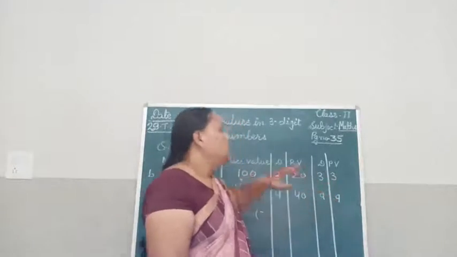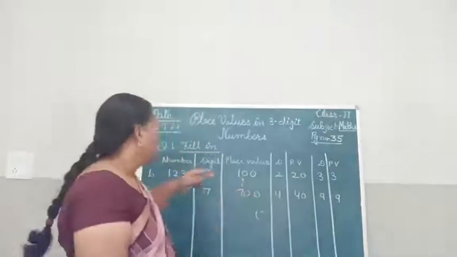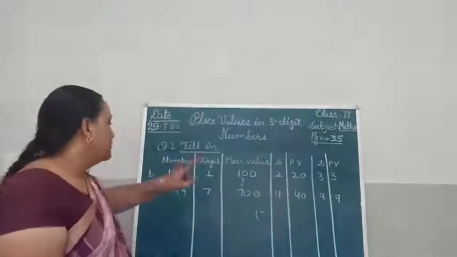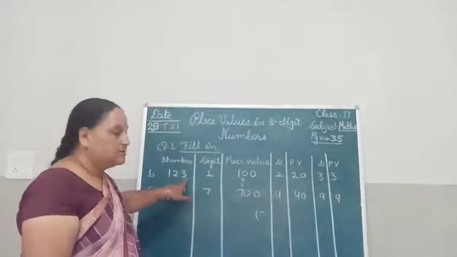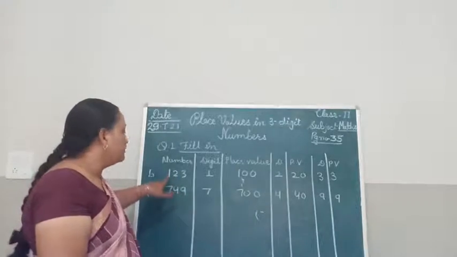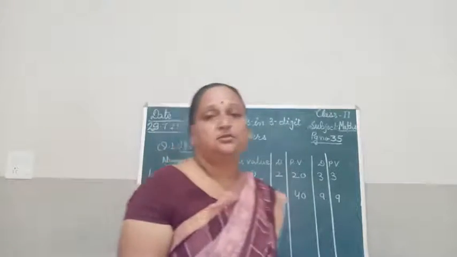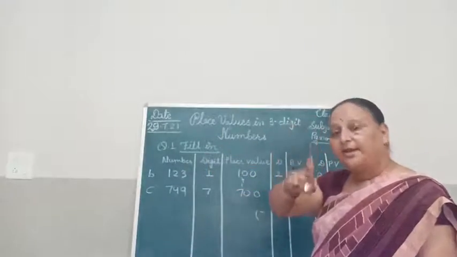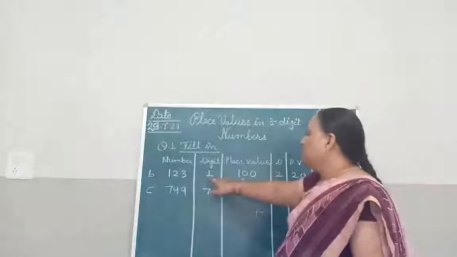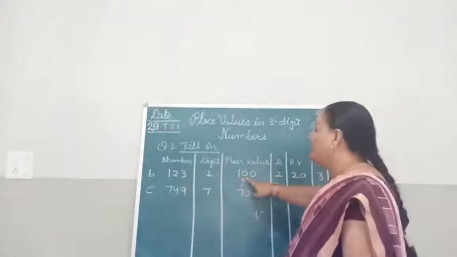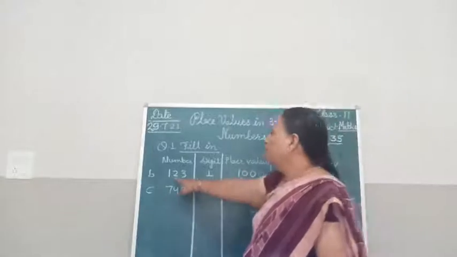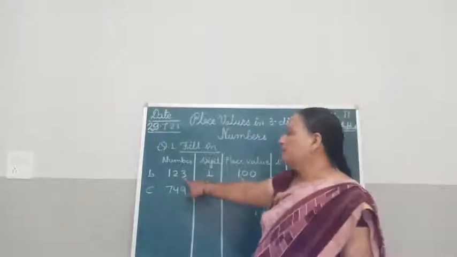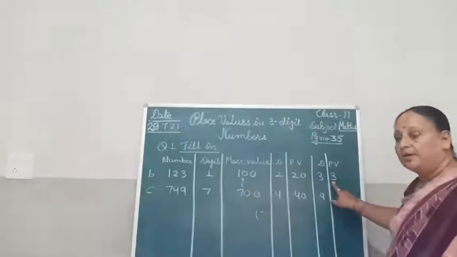the 3. If we talk about the place, it is the place value. If we talk about the place, for digit 3 it is ones, for digit 2 it is tens, and for digit 1 it is hundreds place. Okay. So place is ones, tens and hundred, and place value is: 1 is on 100 place, the place value will be 100. 2 is on tens place, so 2 tens is equal to 20, and 3 the single digit number, so the place value will be 3.